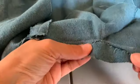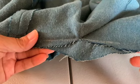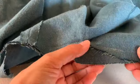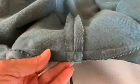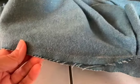Okay, here's what it looks like all sewn together. Here's that little bit of your back. It almost forms a little triangle as well. And here you can see here was my stitch line where I showed you guys, and I went right through that pivot point and continued on to the other side. I think 0.59 inches is exactly what I sewed at. And then if you flip it to my right side,